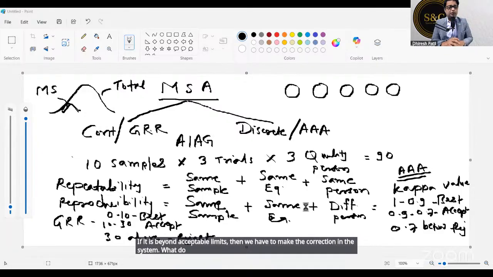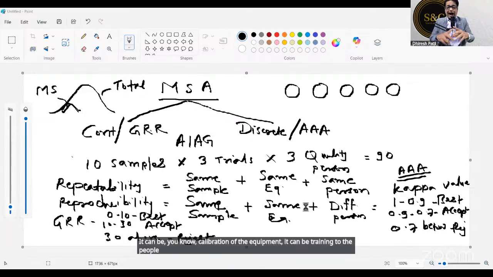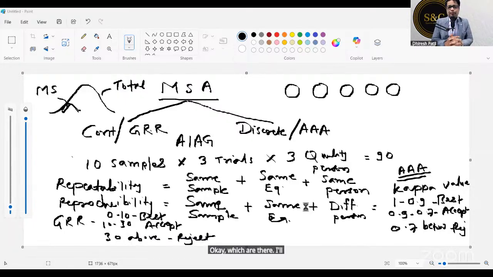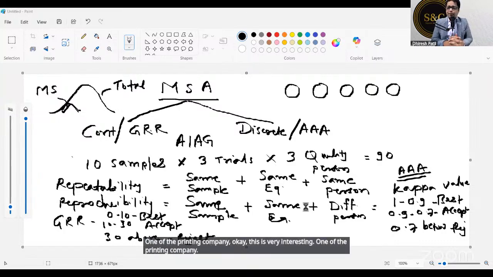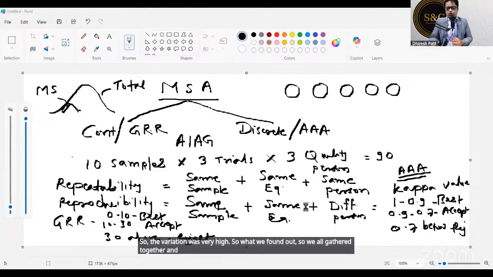What do we mean by make the correction? It can be calibration of the equipment, it can be training to the people, it can be identifying what are the other factors which are there. I'll give you a classic example of kappa value here. One of the printing companies, this is very interesting, their kappa value was coming very low, so the variation was very high. So we all gathered together and did the brainstorming, and what we found out was,